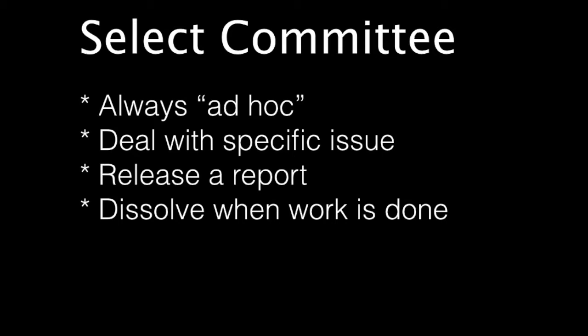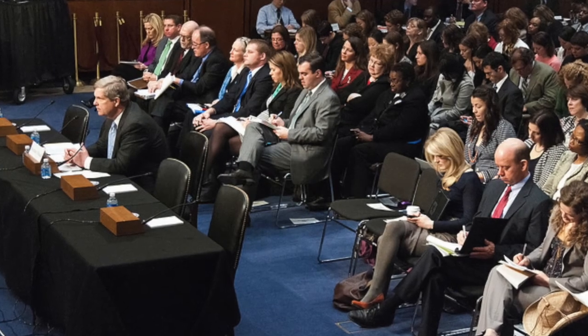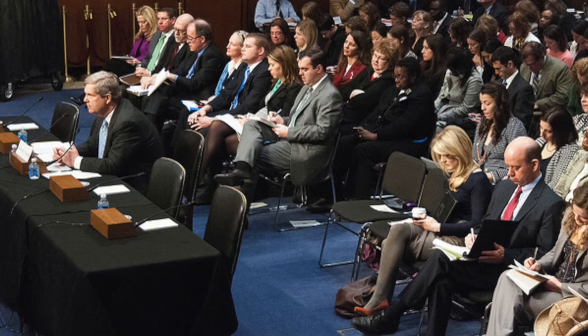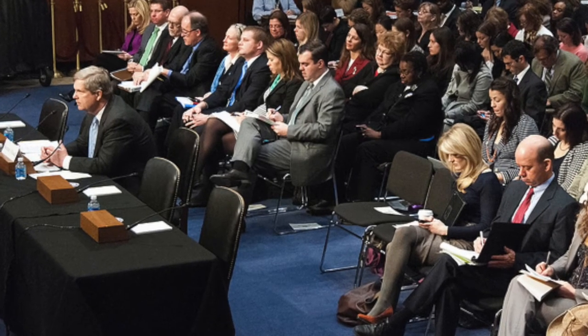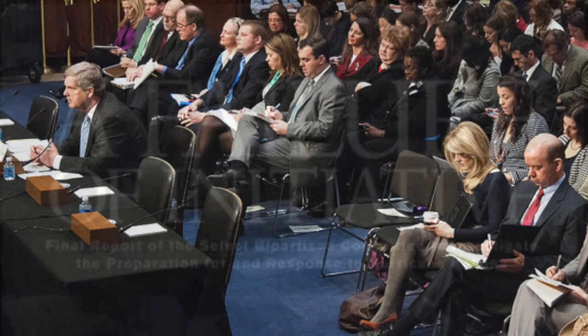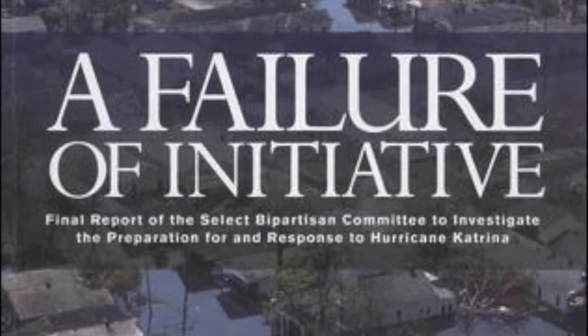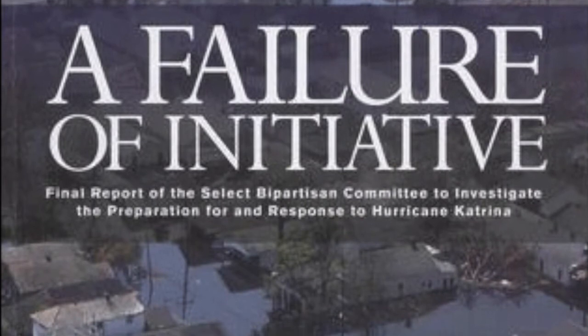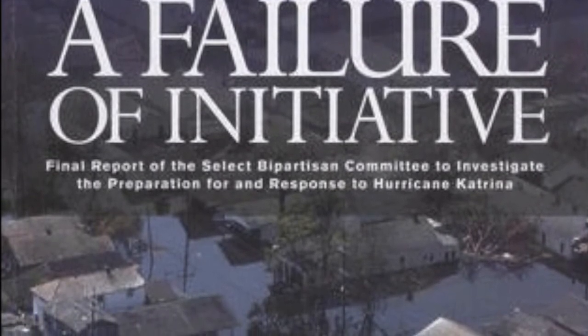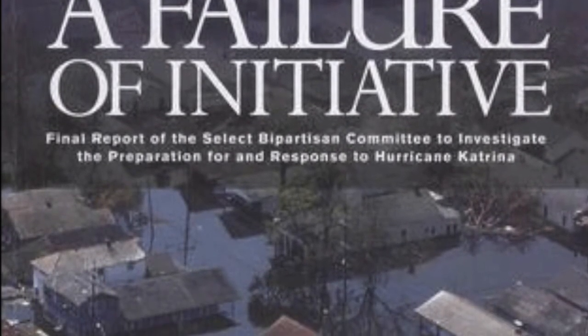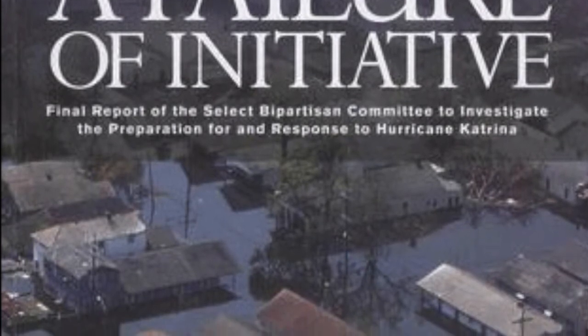So once a select committee deals with that issue, usually through things like holding hearings and doing research, and this goes on for several months, when they're done, they put together a report, and that report is presented to the rest of Congress, and it's usually published for any Americans to get access to. They're usually online as well, so you can get access to these reports.